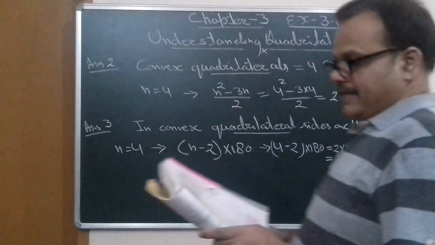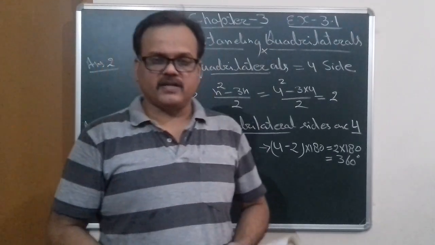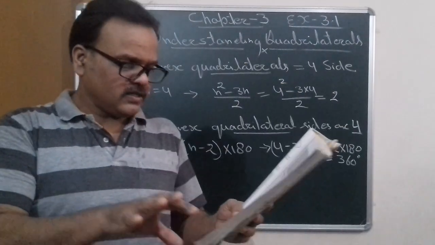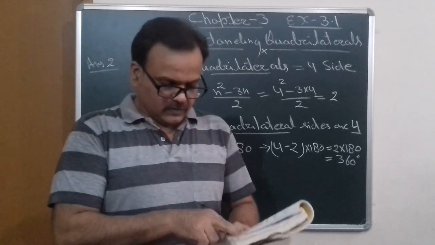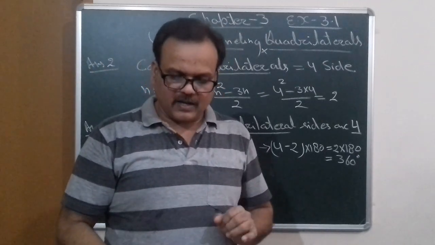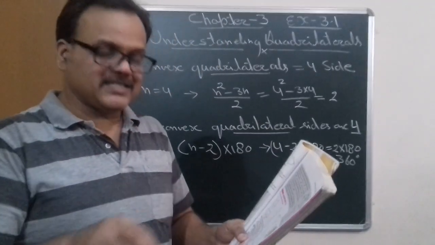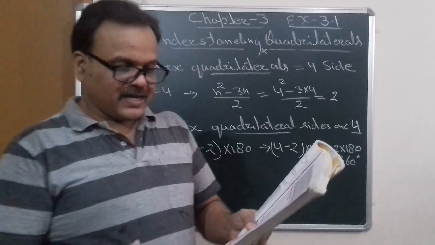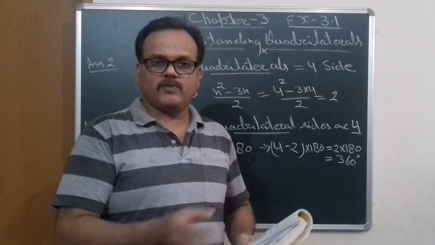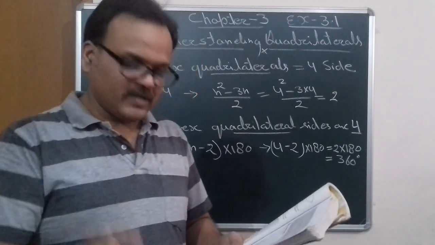Now student, exercise 3.1. Question number 1 is given. Here are some figures, and you just have to watch them and classify each of them on the basis of the following: simple curve, simple closed curve, polygon, convex or concave polygon. I have already explained all these things, so it is very easy, just watch it and give the answer.